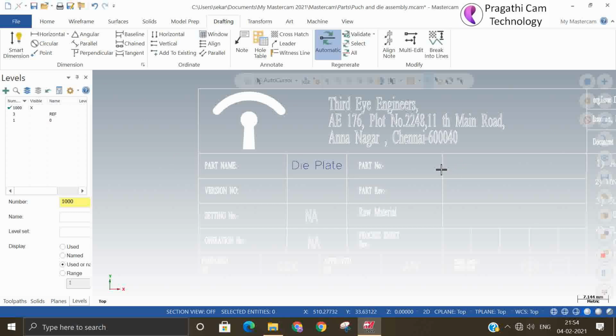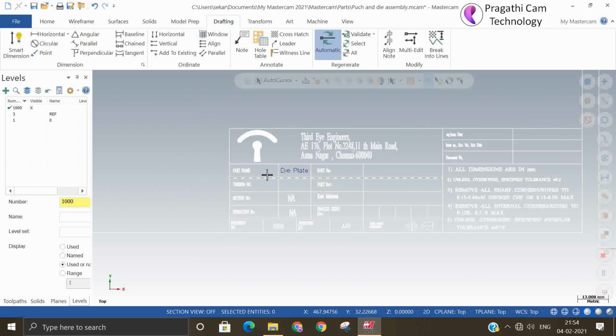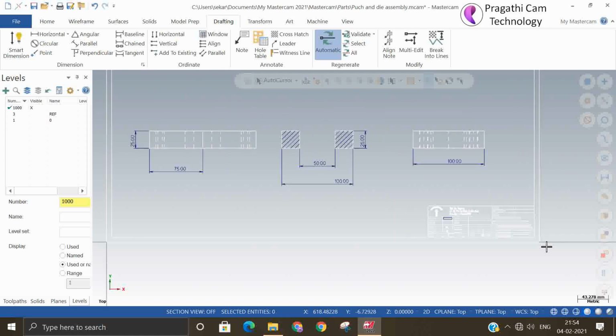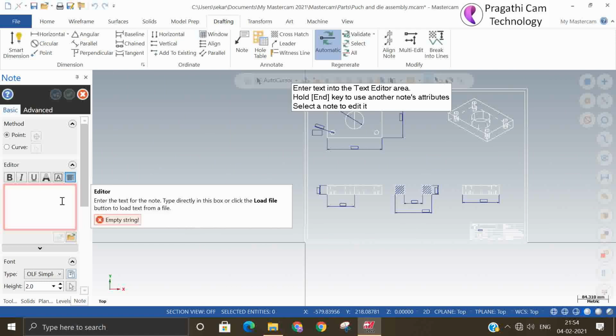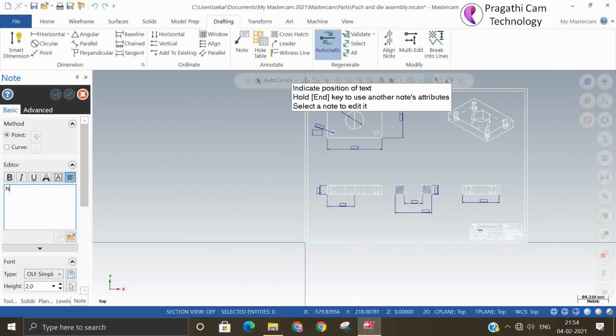What is the part name, what is the material, all the inputs you want to give, you can give. If you want to give a note, refer 3D drawing for other dimension.